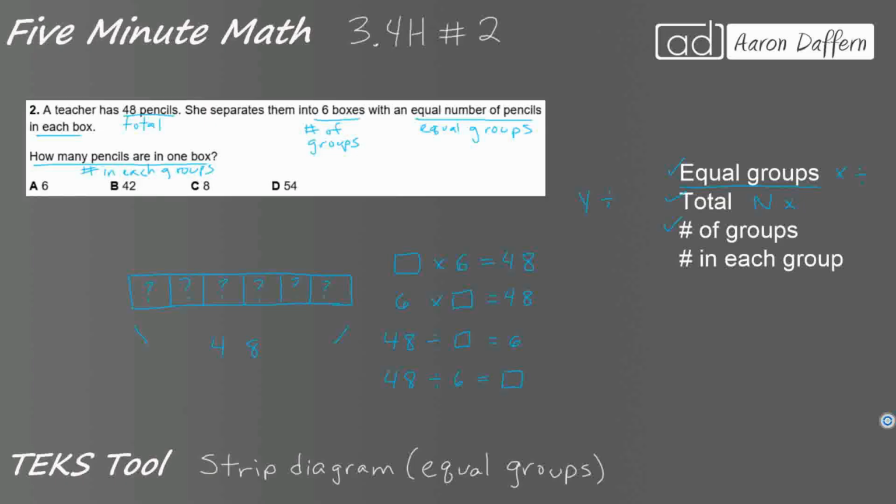6 times what makes 48? We can skip count by 6s. 6, 12, 18, 24, 30, 36, 42, 48. All right, so that's going to be 8 because 8 times 6 equals 48. So our answer is C,